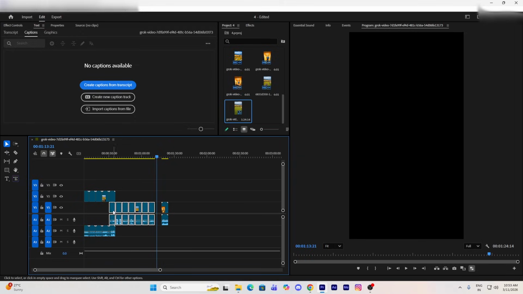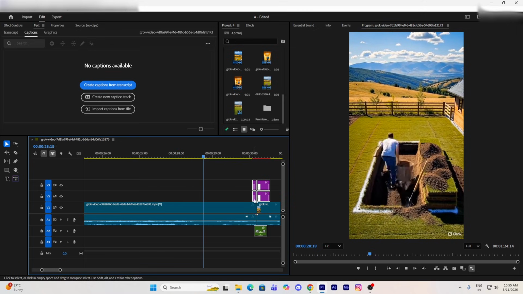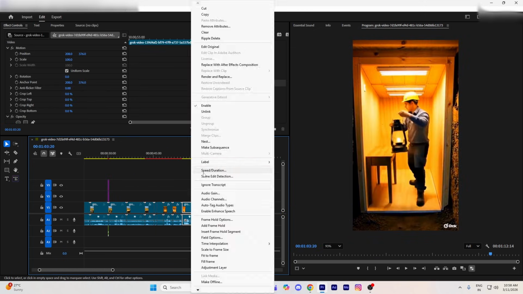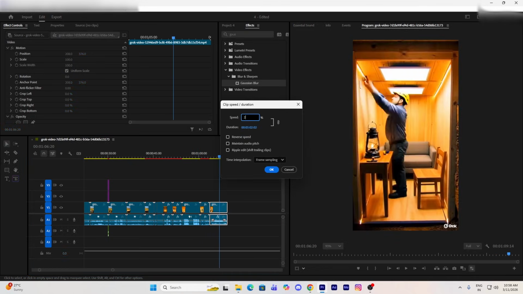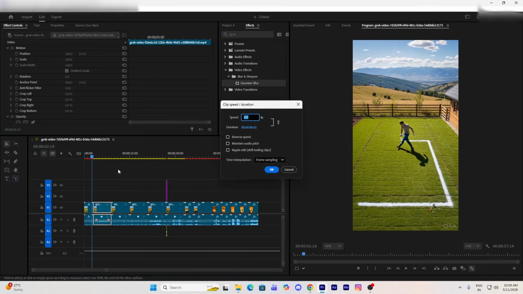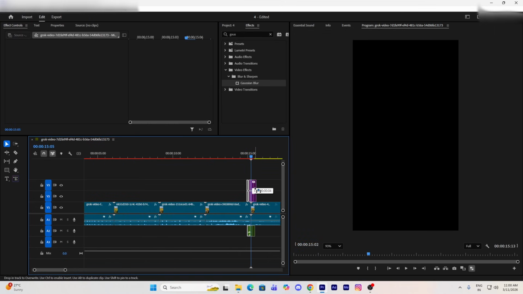After arranging the clips, add cuts wherever necessary. You can also add small transitions between scenes to make the video look smoother and more professional. If the clips feel a bit slow, you can slightly increase the speed of the footage. This actually makes the time-lapse effect look even more satisfying. You can also add small zoom effects, slight motion effects to improve the visual quality even more.